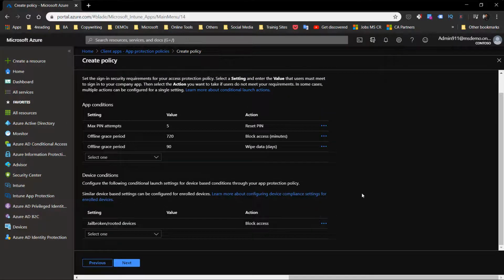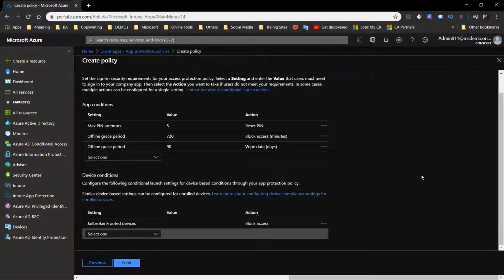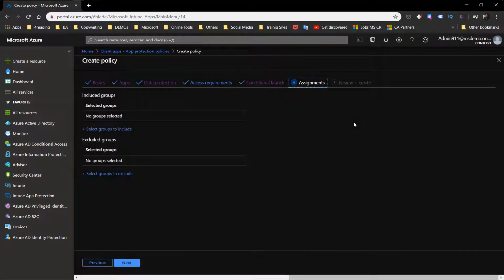Right here you also have the option to block devices that are rooted or jailbroken. You also have the option to integrate and select different options, like for example the threat level. You can integrate the application protection policy with other device threat capabilities and options that third parties or partners have with Microsoft. So once you have that information, the next and last step is to select the group where you will be assigning